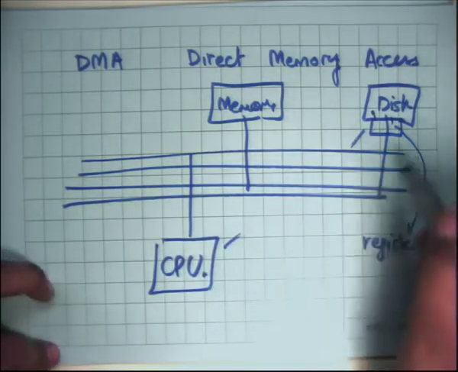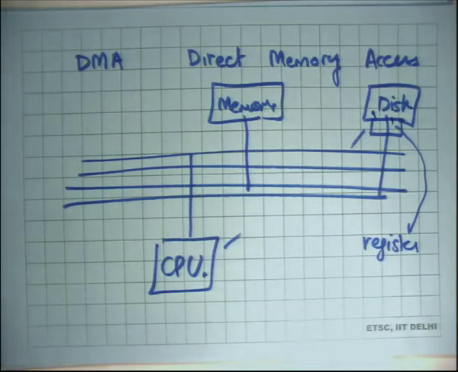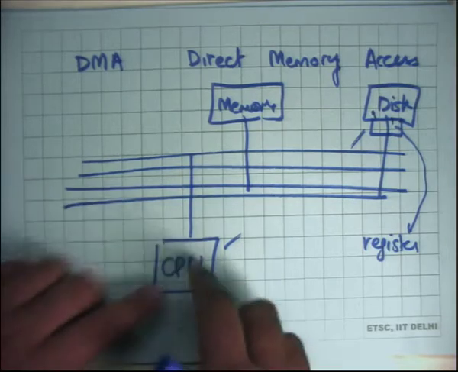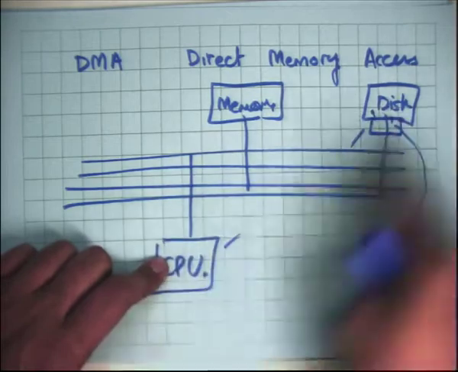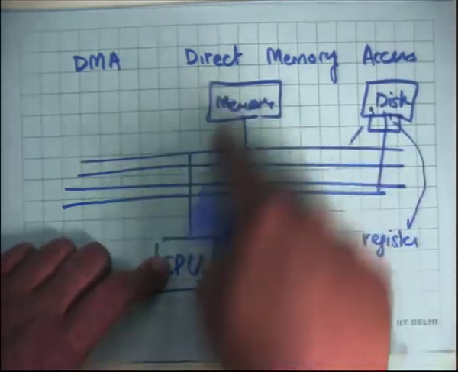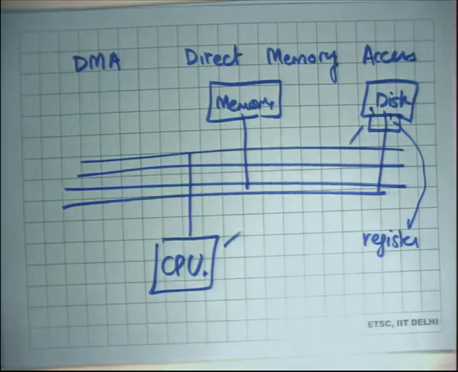And recall that these registers can be accessed either using port mapped space, so port space like INB and OUTB instructions that we have seen before, or they can be accessed using memory mapped IO, right? Just load and store on some addresses that are mapped to those registers. So in either case, you are basically accessing the register. So one way of doing transfer is that the CPU basically keeps reading these registers and then keeps writing them to memory. So it has a tight loop which basically reads from the register and writes to memory. That would be a relatively inefficient way of doing it.